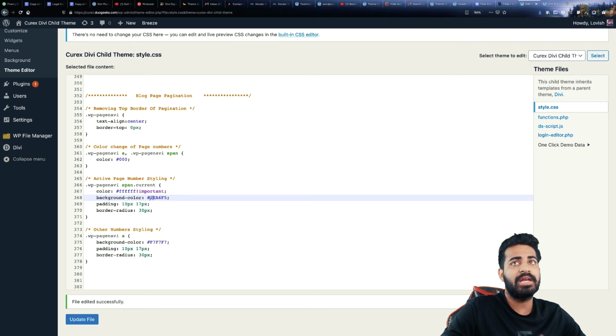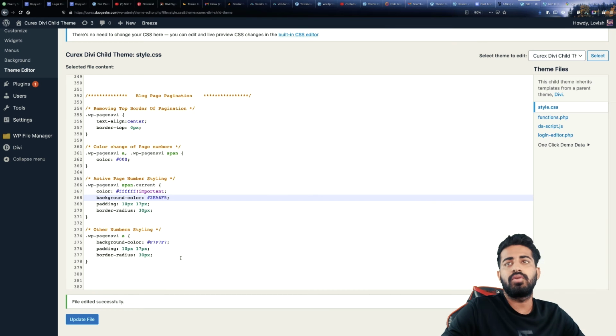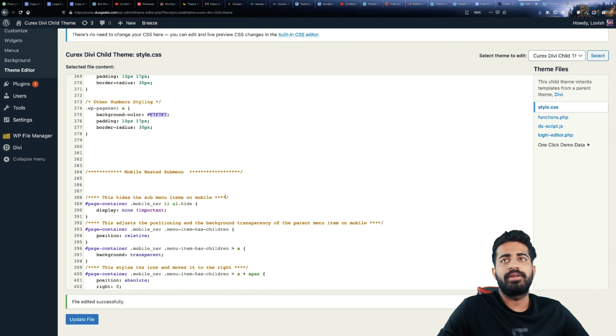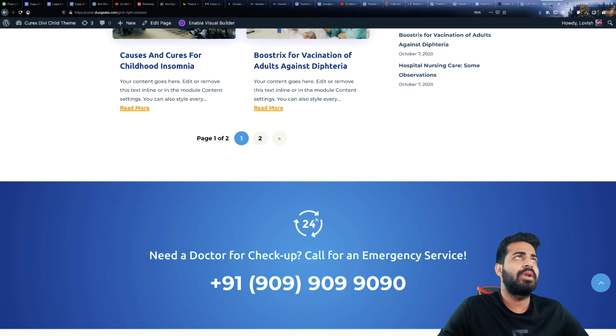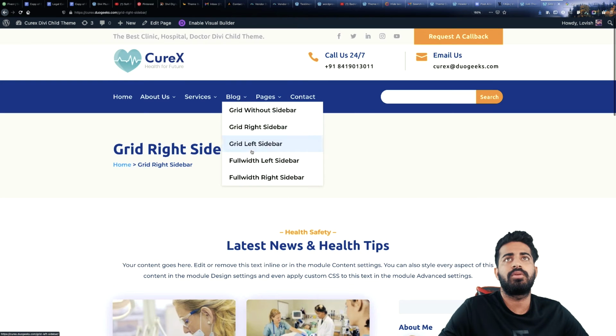So this is the active page background color, and if you want to change the other color, for example this gray color, then you can do it from here. So for now it's F7. You can change it to your color. All right, so now let's go to the next thing, which is